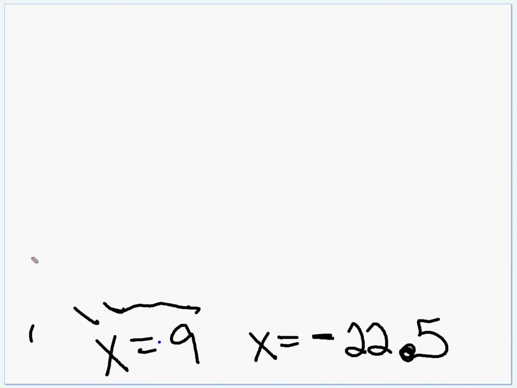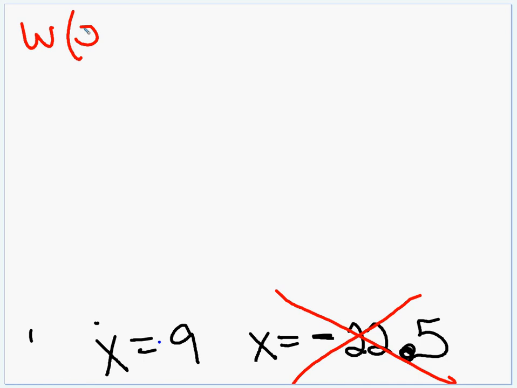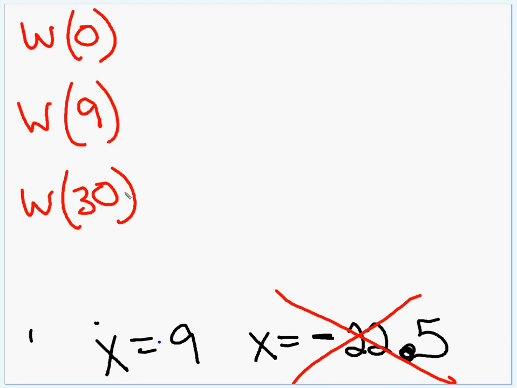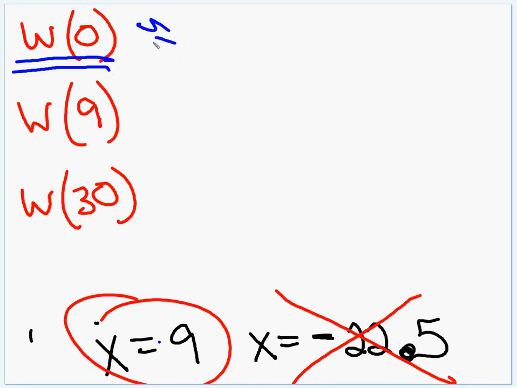So here are our suspects. Again, we can eliminate the negative because that just doesn't make sense. And we're going to have to do our endpoints. What is W of 0? What is W of 30? And what is W of 9? The number we found that we are suspicious might be the sweet spot. So we take these back to our original equation, primary equation in one variable, and if we put a 0 in there, out pops approximately